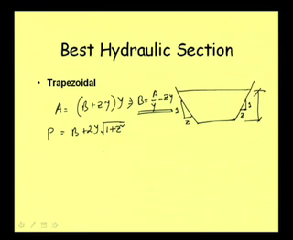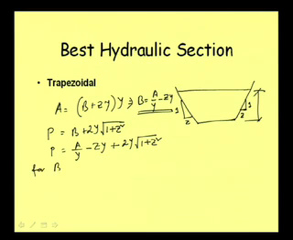Now, this can be written as P is equal to, in place of B we can write A by y minus z y, that means just writing the B value, plus twice y root over 1 plus z square. Now, if you apply the same condition for best hydraulic section, dP dy is equal to 0, that implies